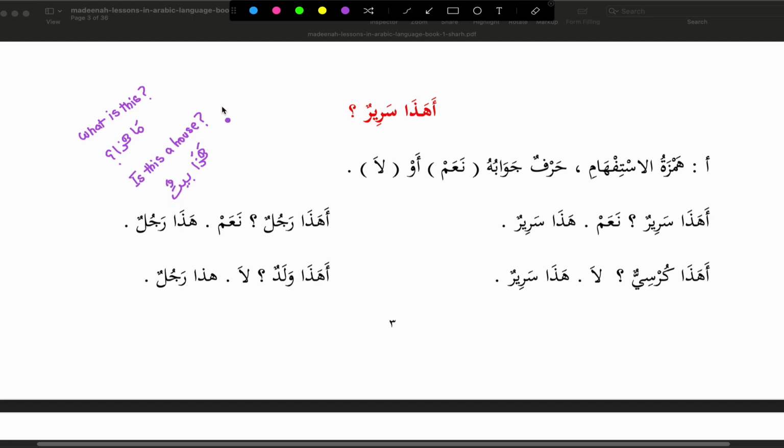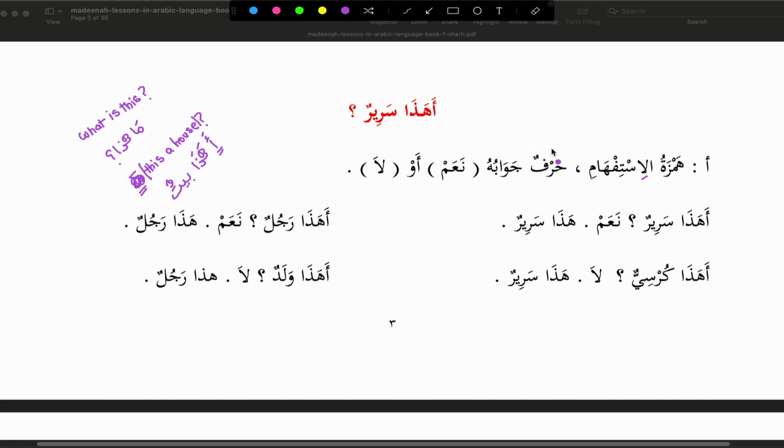This is a house. Just add a before it. Even if you just delete the is, it's just this is a house. But if you bring the is before it, it becomes a question: is this a house? In the same way in Arabic, you bring a hamza, and this hamza is called hamzatul istifham. This is the hamza that is used to seek understanding, to question basically.